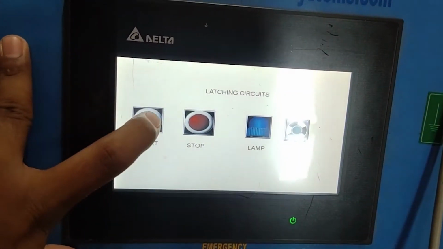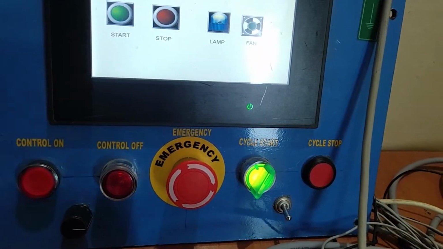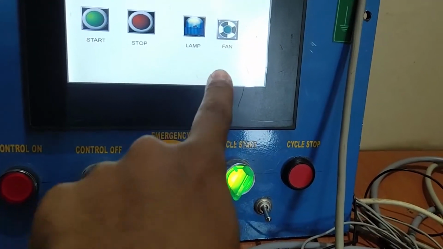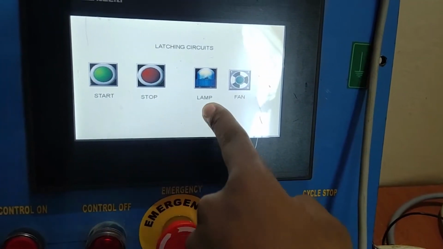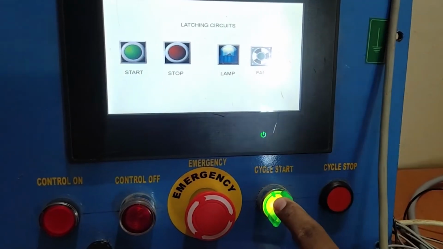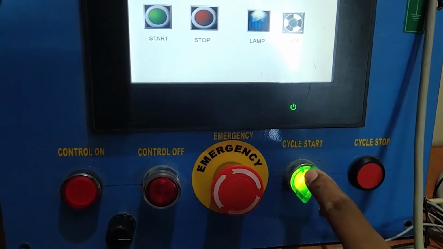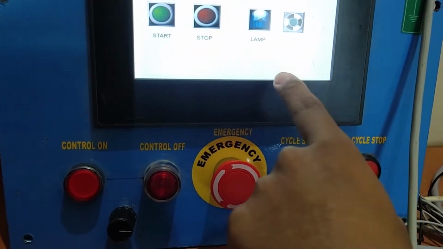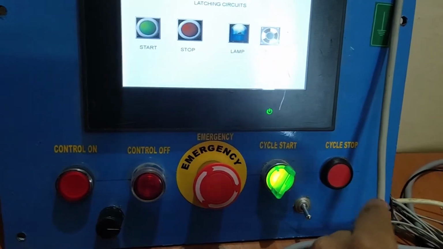So if I start the indication, the light will glow. I connected the Y21 output to this. This is for the operator indication, whether the output is on or not. Maybe this light may be a motor or a pump, maybe an output from far away. For the preferences, they are using the HMI indication for operator purposes, to see which output is on and which output is off.